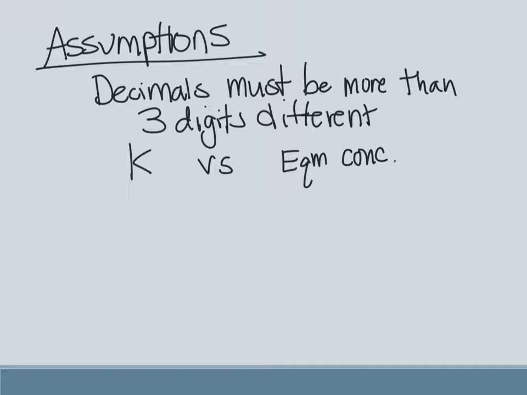All right, so let's talk about these assumptions. The assumption can be made and holds true when the decimals of the K value and the equilibrium concentration values before the x are more than 3 digits different. For instance, if you had a 3.1 times 10 to the negative 7 equilibrium constant, and your concentration values are in the neighborhood of 0.1 or even 0.01,